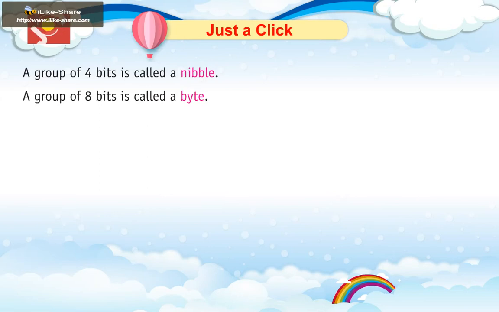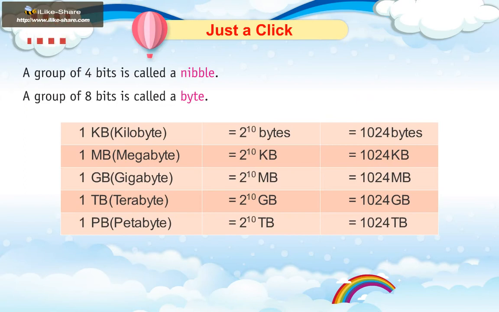A group of 8 bits is called a byte. 1 KB, kilobyte, is equal to 2^10 bytes, that is 1024 bytes. 1 megabyte is equal to 2^10 kilobytes, equals to